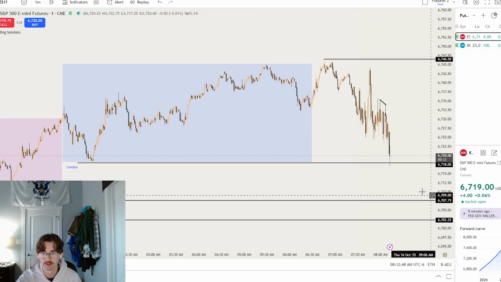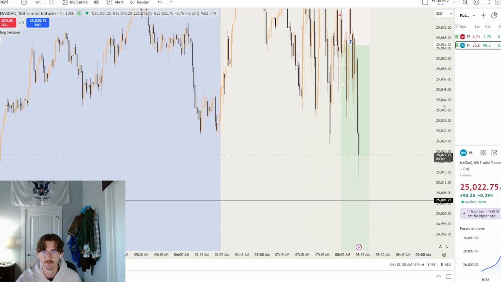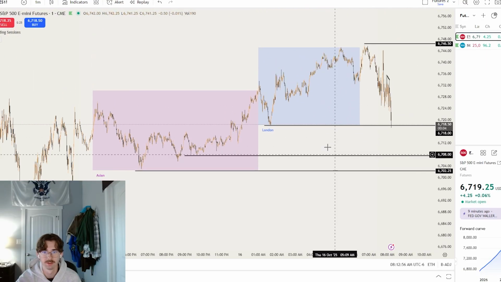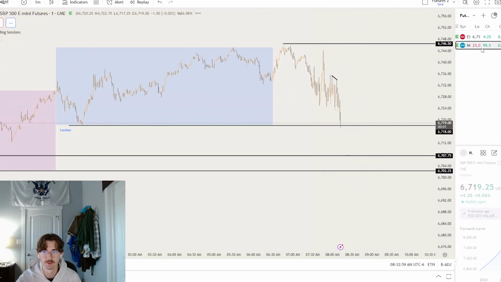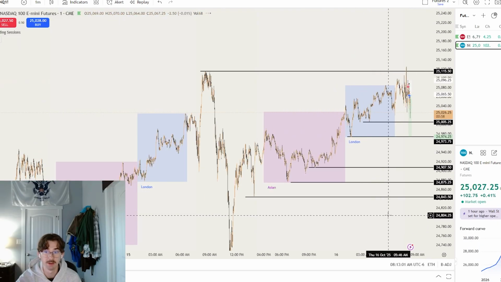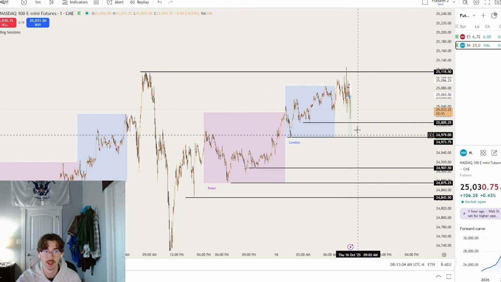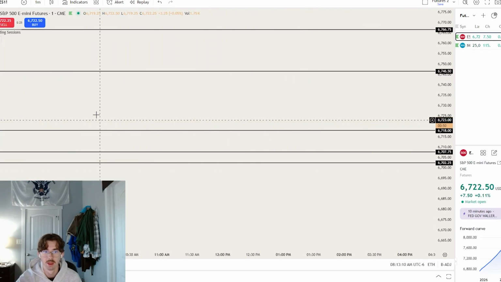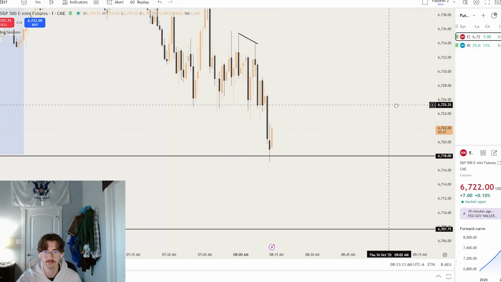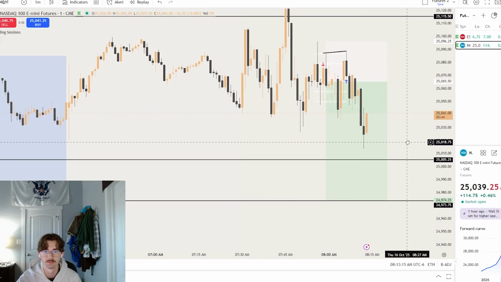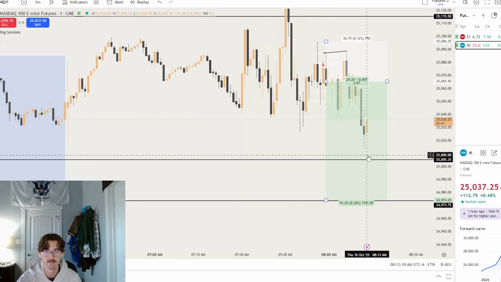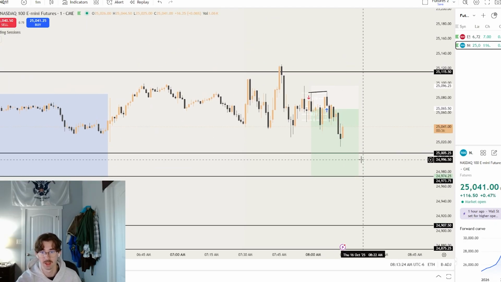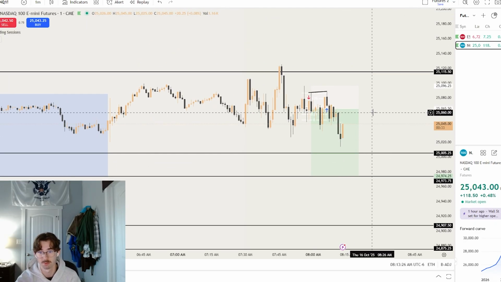We're at London lows. SMT has been formed. But I really do believe ES wants to probably come down a little more. If we're being realistic, I do genuinely think London is where NQ wants to come to today, or at least this low right here. But with that being said, it doesn't matter. With price coming all the way down here, it would have been a break even anyways. So,